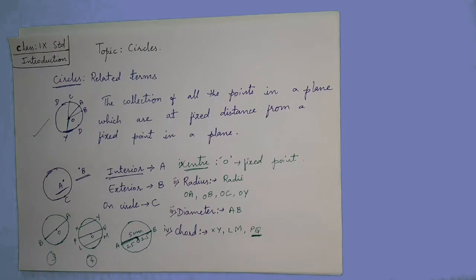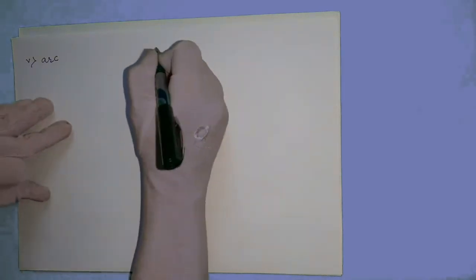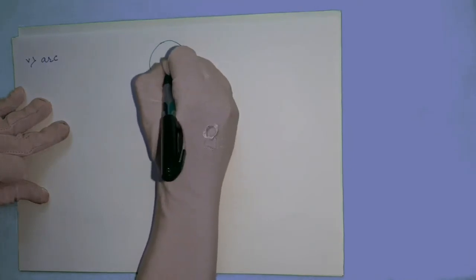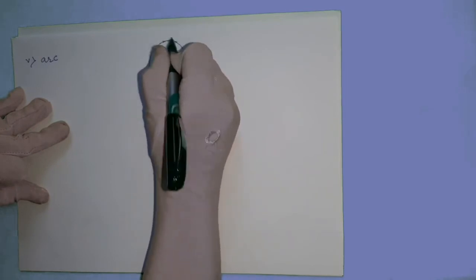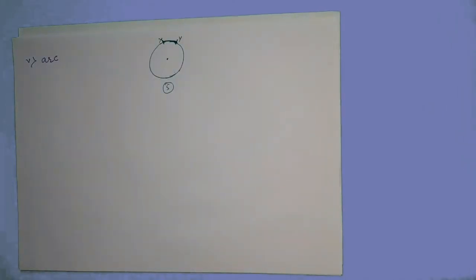Now next we will see what are the related terms for the circles. After chord, the fifth definition, the related term you are having, is arc. A-R-C, arc. What do you mean by the arc? It's nothing but a piece of a circle. If suppose you are having a circle now, for the fifth one. If this much part you are considering, x and y, तो ये वाला जो part है xy, it's nothing but the part of the circle. So that xy is called as an arc.